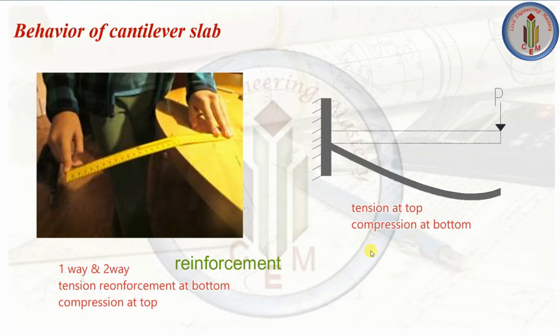This is very important. The cantilever slab is bending like this. In order to counteract this bending moment, we need to provide tension reinforcement at top. You can understand from this clearly. This is bending this way, so in order to keep this straight, we need to provide the reinforcement at top. Since concrete is weak in tension and strong in compression, concrete alone is not sufficient to counteract the bending moment. That is why we provide reinforcement steel at top as tension reinforcement, and at bottom we provide a minimum percentage of compression reinforcement.